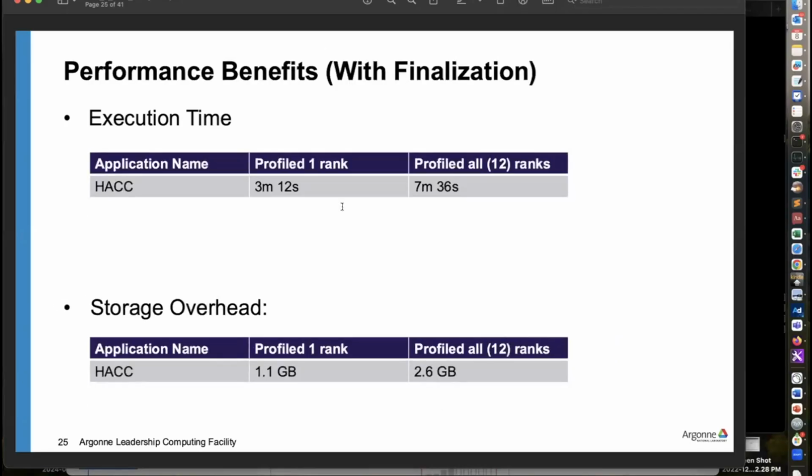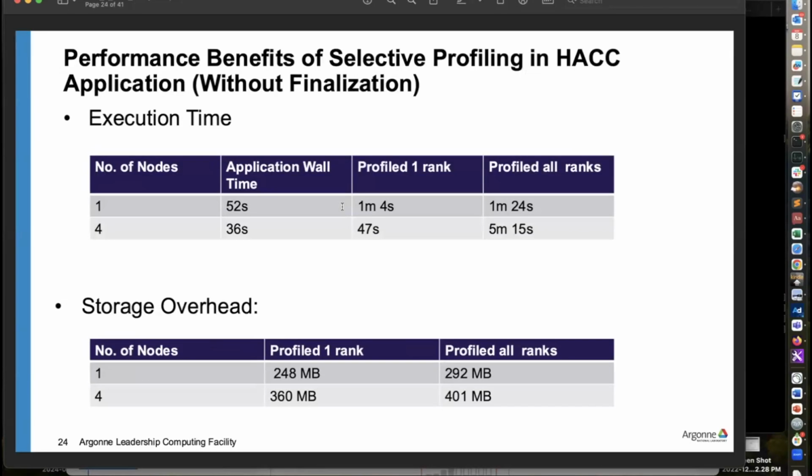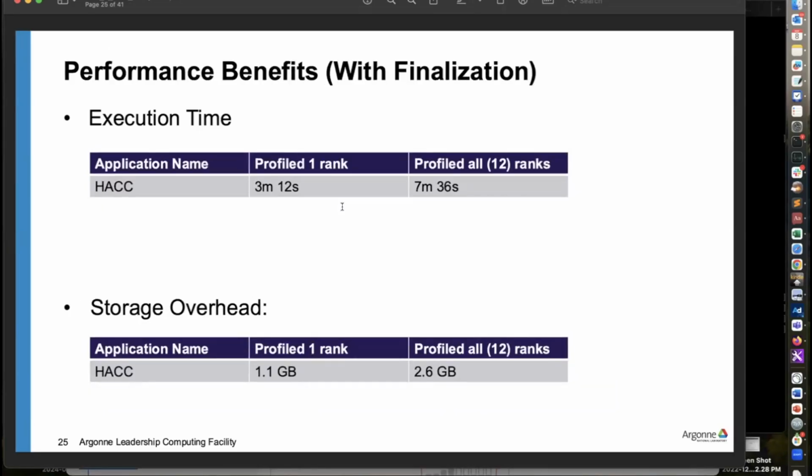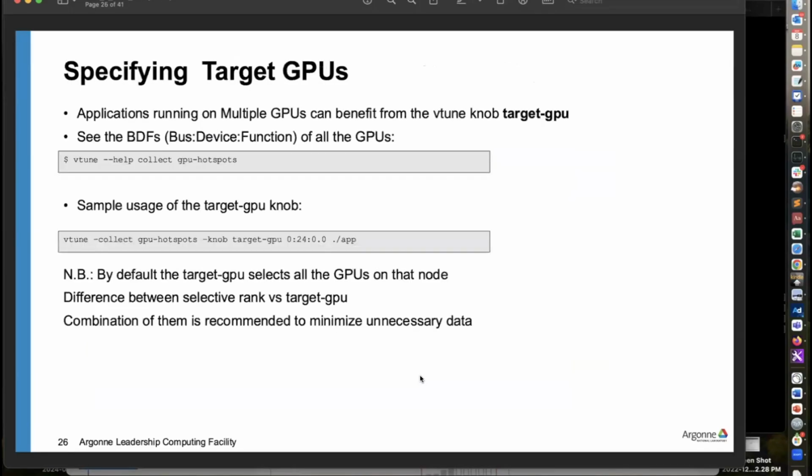Okay, so the previous one is without finalization, and the second one is including finalization. If you include finalization, the difference becomes pretty big, 3 minutes versus 7 minutes, and 1 GB versus 2.6 GB for these test cases, right? So this is a study, and another thing is you can also add an additional flag to specify the GPU